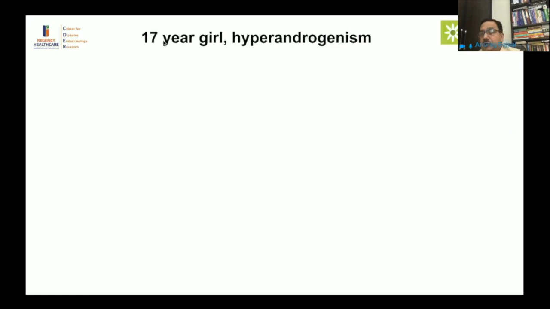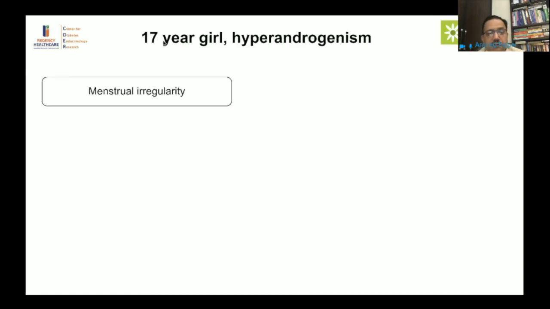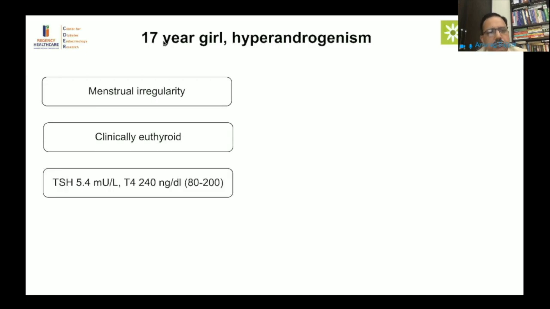A 17-year-old girl with hyperandrogenism, and again this is a very common situation. Somebody with polycystic ovarian syndrome, we always do thyroid functions, and what we found here, she had menstrual irregularity, she was clinically euthyroid, her TSH levels were slightly elevated, but T4 levels were high. So a label of thyrotoxicosis was made. Do you agree with that? I think you can put your options in the chat. So what we clearly see out